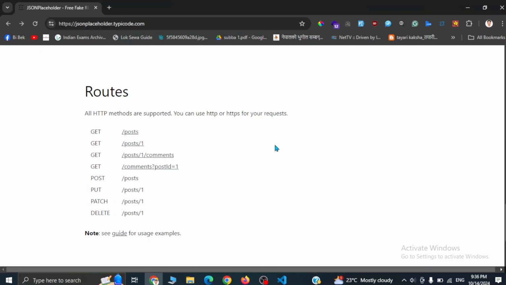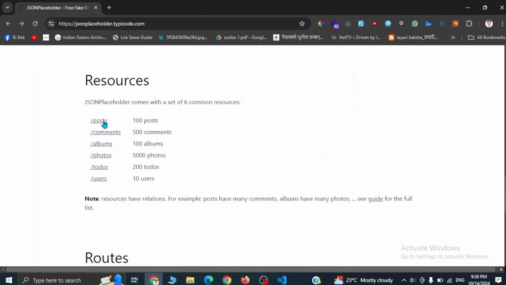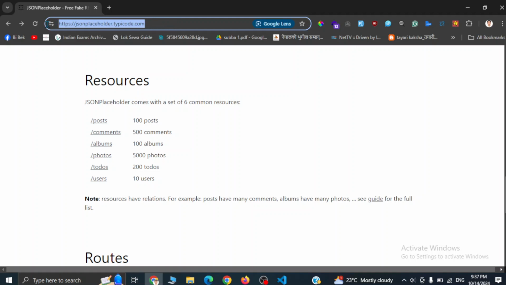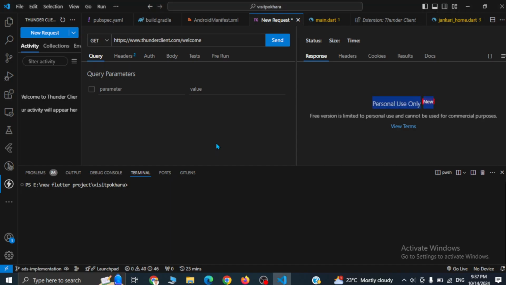So let's go back to the API documentation section here in the browser, and let's try to fetch the posts. To fetch these posts, first of all we need to copy this base URL, that is jsonplaceholder.typicode.com. So let me simply copy this, and we will make a get request on this endpoint, slash posts. I'll simply paste the link here and add slash posts, and you can include another slash. Now click on send,